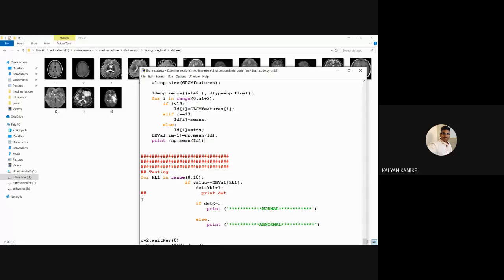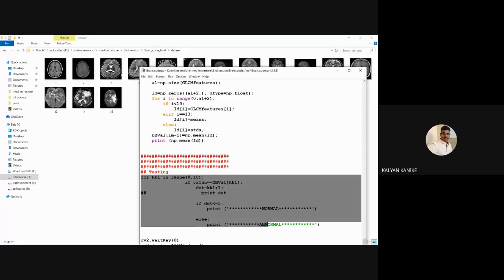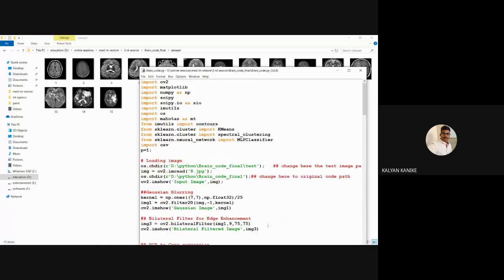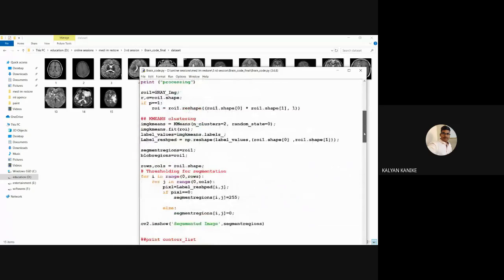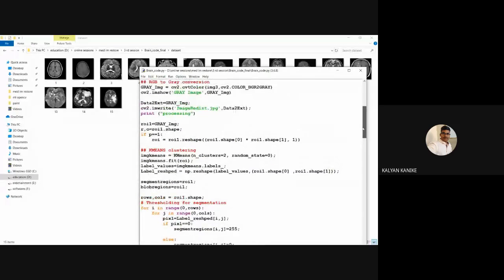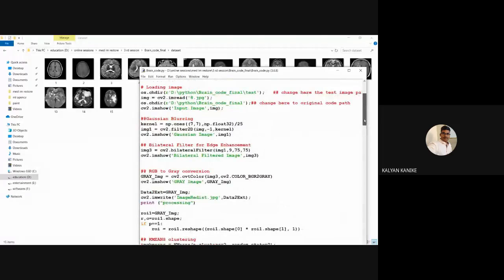Next it's about the simple classification. After training on the entire information for the particular features, next we are going to take the input image, our testing image. How to take the testing image?